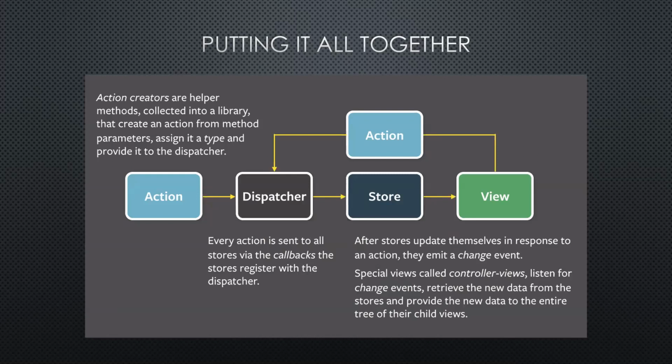So how did Flux solve the problem of MVC? As you can see, it is a unidirectional data flow, that you cannot disrupt the process once the action is triggered. Once the action is triggered, the dispatcher does its work. And once the view is changed, then only another action can cause a change to the view.